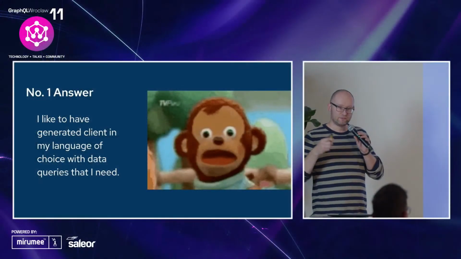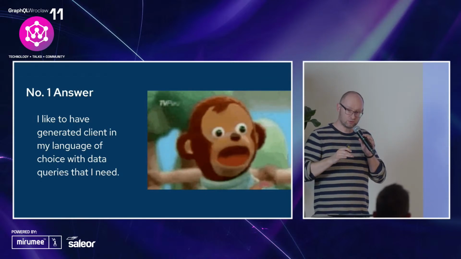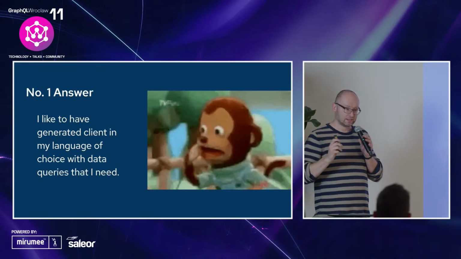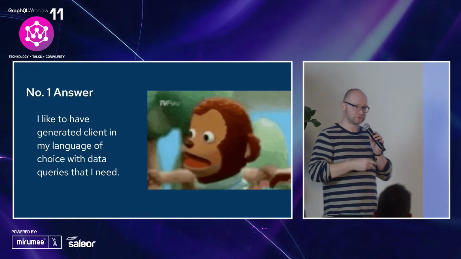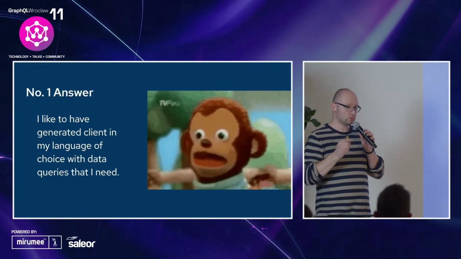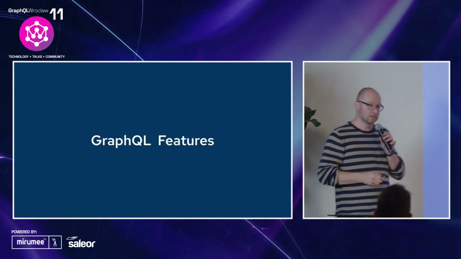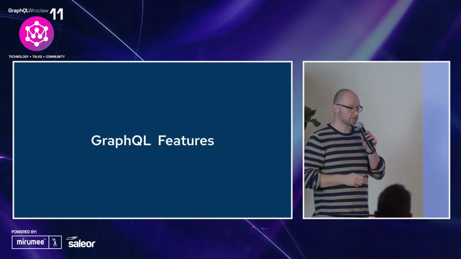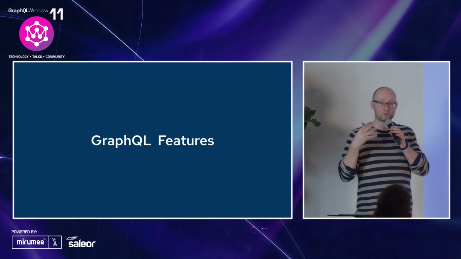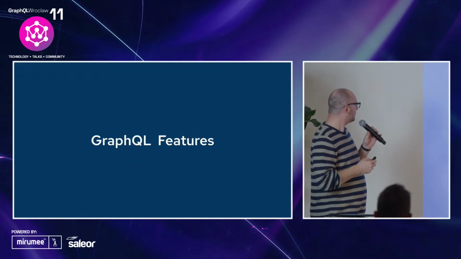Everyone wanted to have an SDK, to have control over what kind of data and typings they have, and that it should be generated. I was very surprised because I was thinking everyone is talking about documentation and overfetching. No, everyone wanted to have an SDK for their language. So let's talk about those GraphQL functionalities, the things that a typical persona doesn't realize how brilliant GraphQL is. So there is this simple thing.